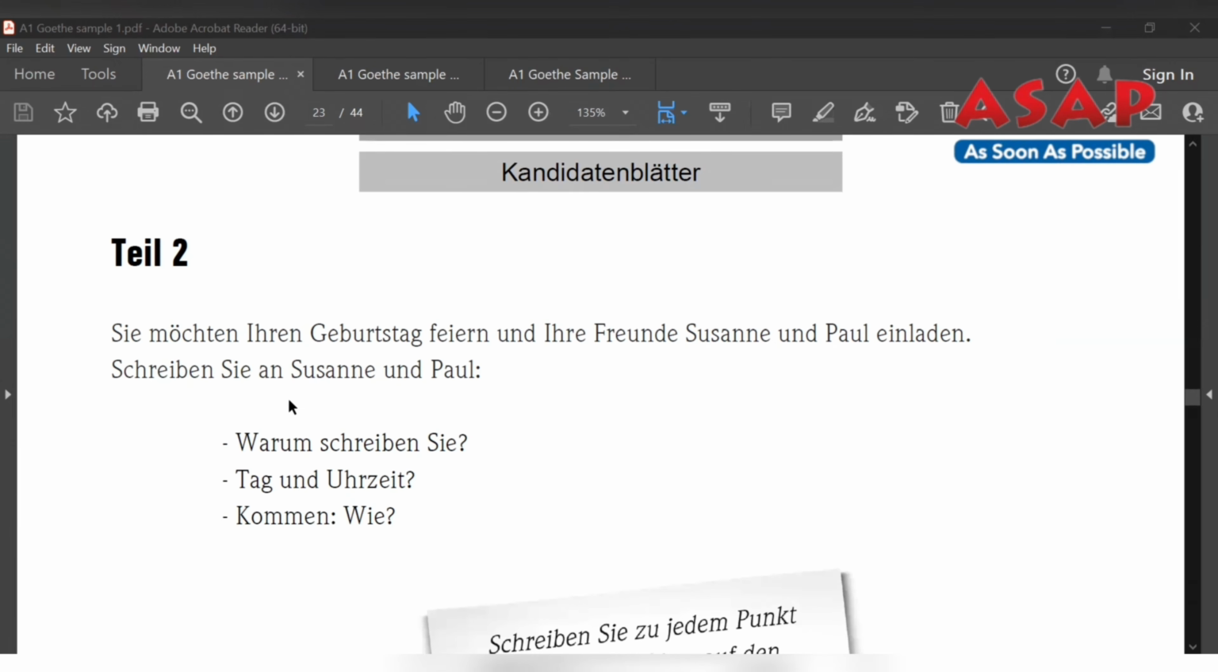So they write the same thing, Sie möchten Ihren Geburtstag feiern, ich komme, or Ihre Freunde Susan Paul wir einladen. I mean, who is writing and to whom you are writing, we don't actually understand when we check the answers. So you need to understand that part very well, and then next you need to understand whether it is